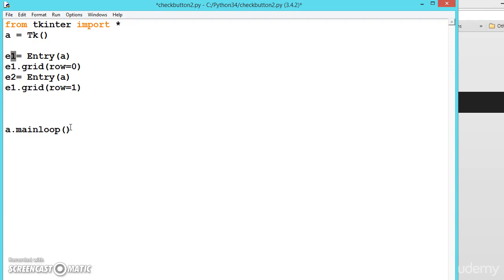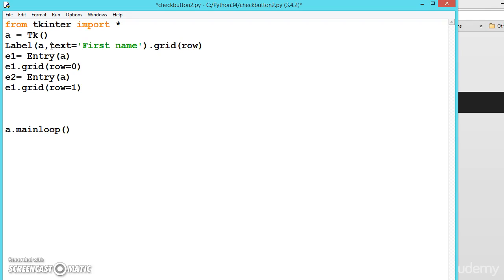Now let us create labels for better readability. Label a, comma, text is equal to, let us say, first name, dot grid.